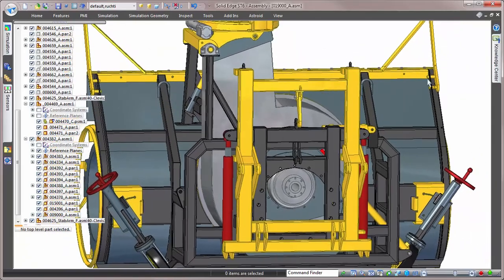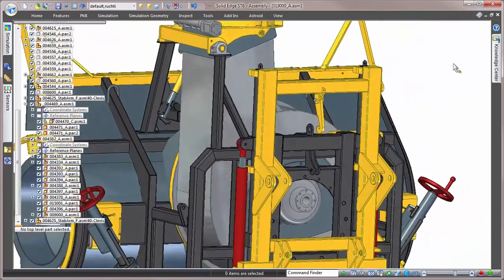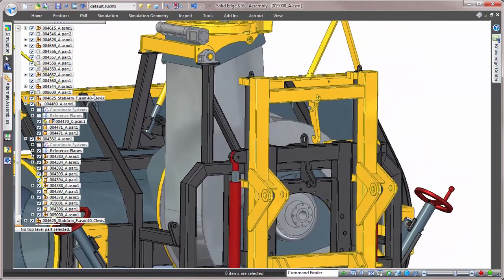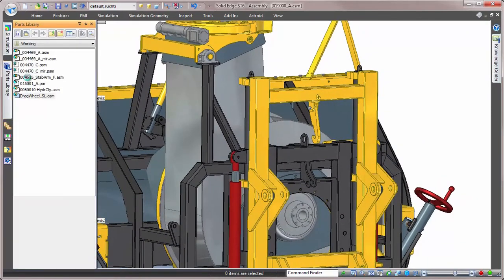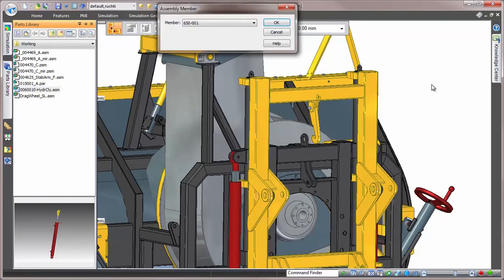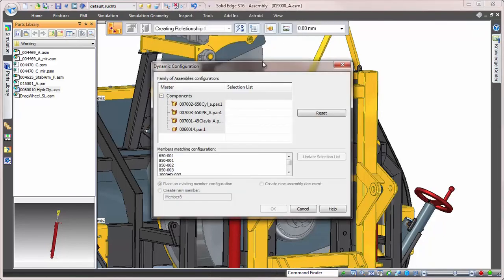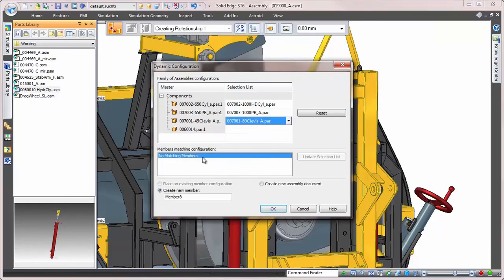The final thing we'll look at today is family of assemblies. Families of assemblies allow designers to automate the creation of assemblies that have multiple configurations using different components. For example, this hydraulic cylinder has multiple configurations available. We can select which one we want directly on placement, or create our own configuration on the fly. Families of assemblies is a great tool to use to improve productivity when working with commonly used assemblies that need